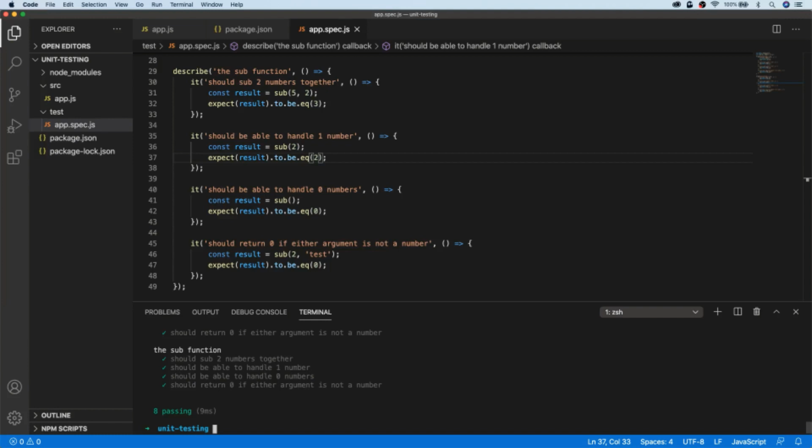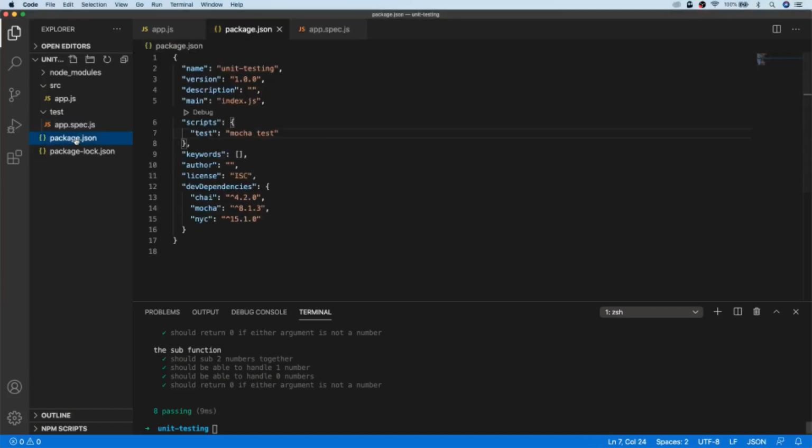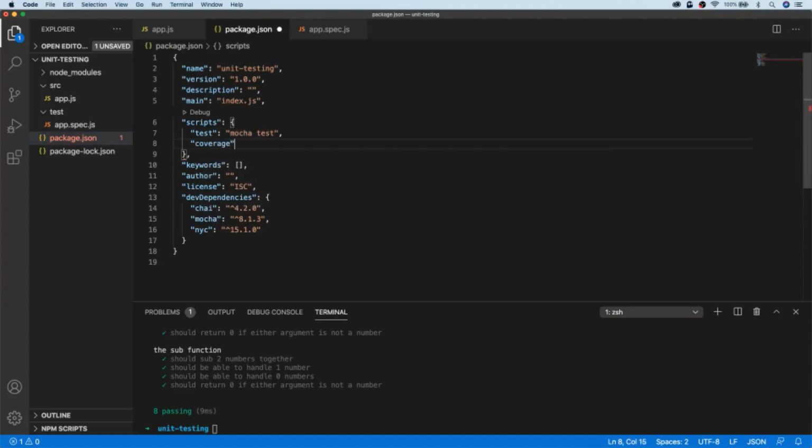So we also installed the nice library when we set up our project, and the nice library allows us to have visual code coverage of what functions within our code we've actually written unit tests for. So to run nice, I'm going to create a new script. So I'm going to go to package.json, and I'm going to call the script coverage, but you can call it anything you like. And we're going to run nice, and then the command I'm going to run is npm test. So if we run npm run coverage,